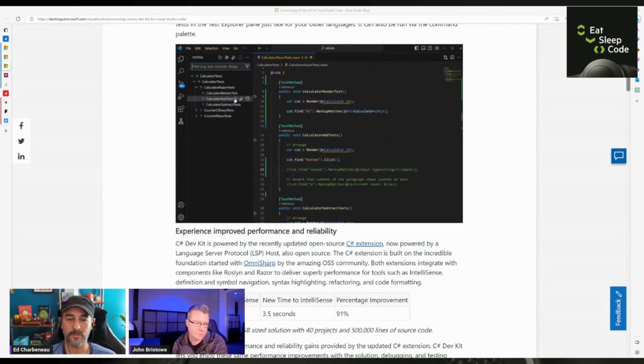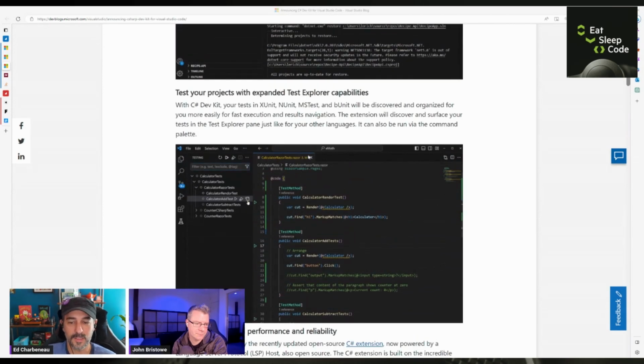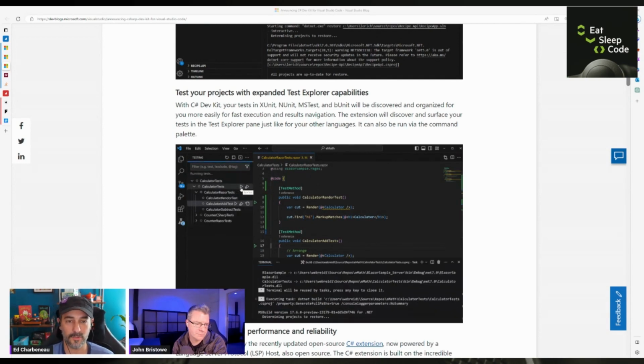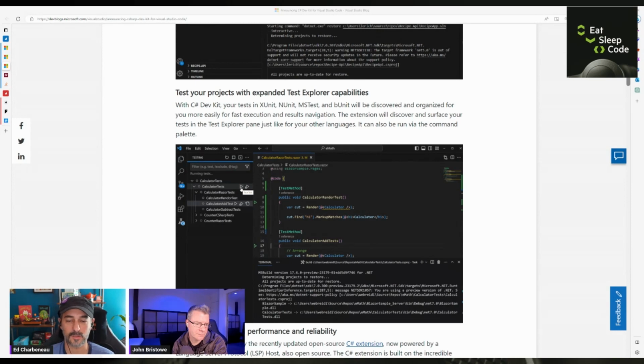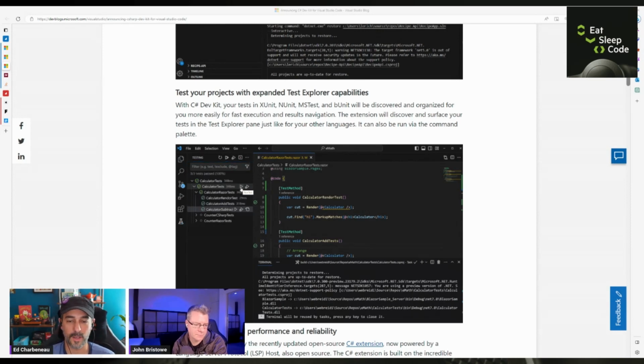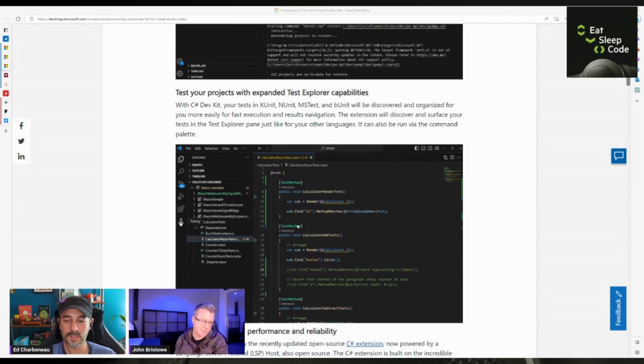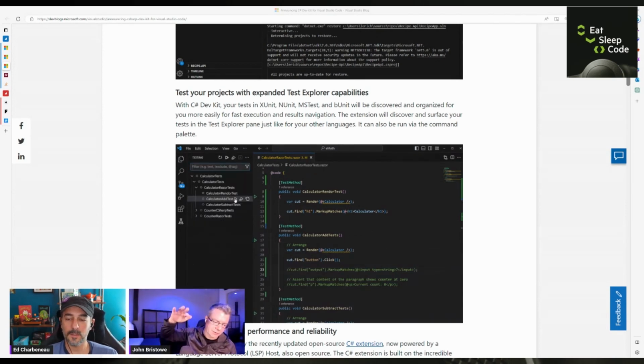Which I think is super, super cool because not only is bUnit not a first-party thing, but it's just a test framework that's built upon, it's an extension of any of your favorite test suites. So like xUnit, NUnit, or MSTest. Yeah, I've used this. I love it. It's great. It's basically you click on a certain node, it will walk the tree and run all the tests underneath it,